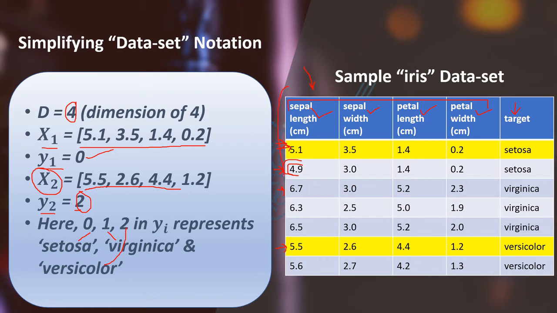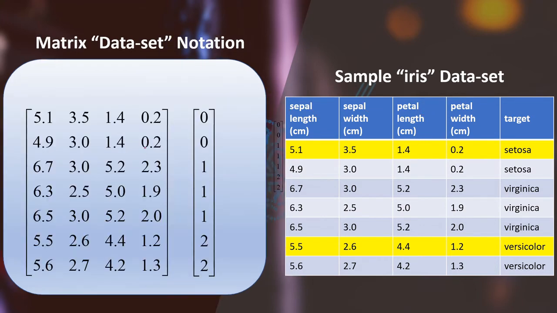Now this whole data set is D_i. Each individual row is a feature set like x1, x2, x3 till xi, and each target is a scalar value. Now, if you just think, if we have to convert this whole data set into a matrix format, how would it look? Now, this is what it would look like. Now, I think you have guessed it right.